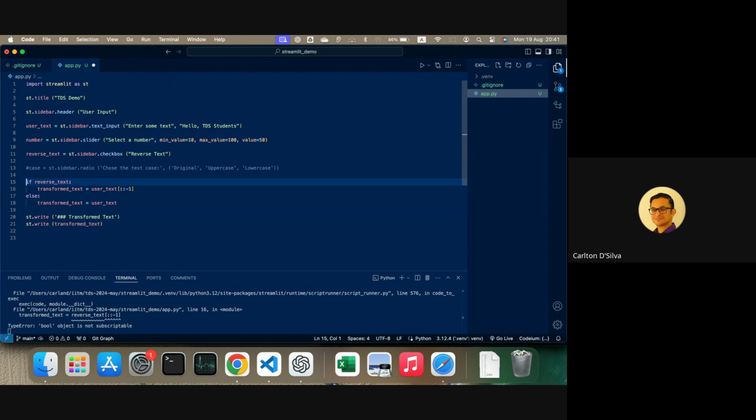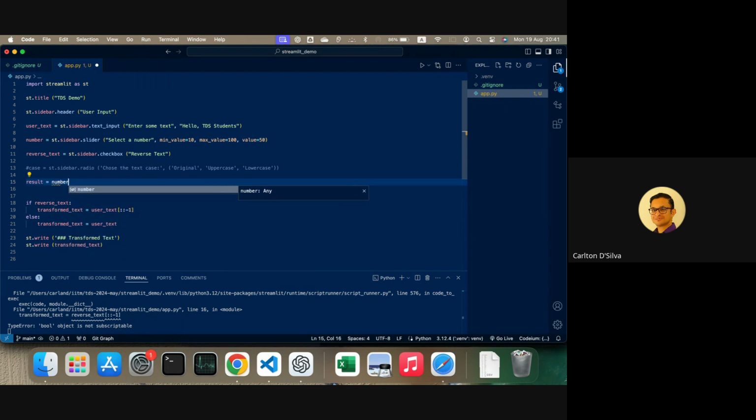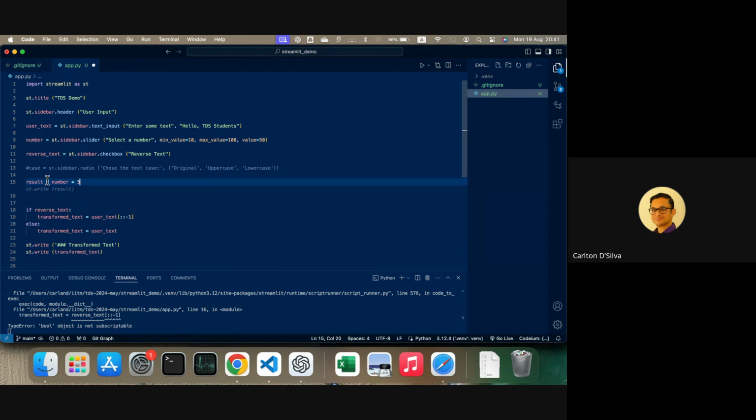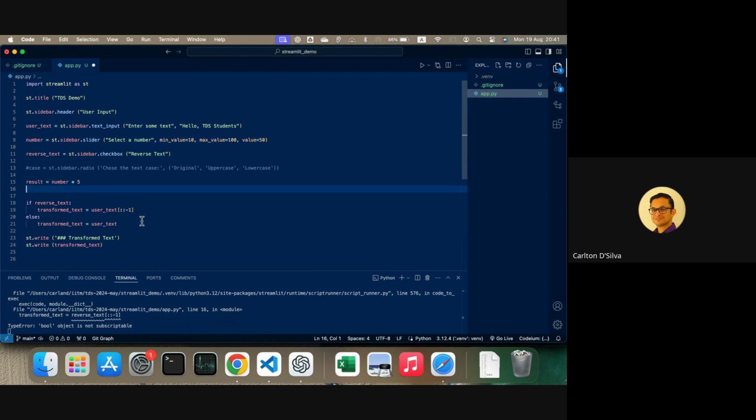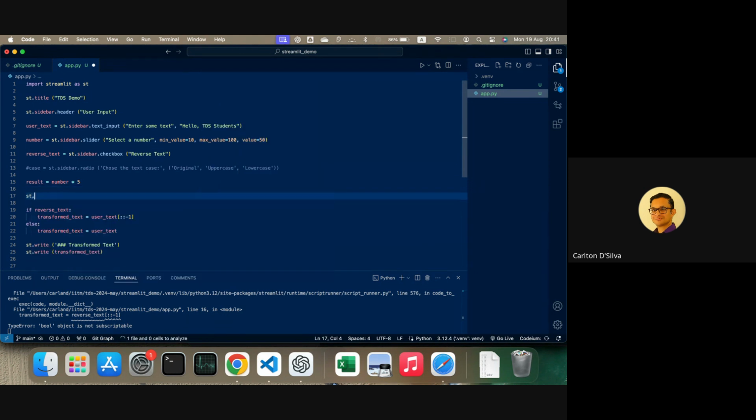So the number is, and let's say result equal to number times 5 or something. The next thing we want to do is, any transformation that occurs on the number, we want to straight away output it. So let's say st.write,